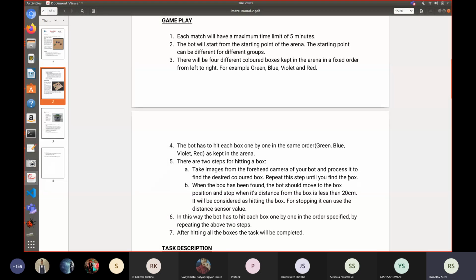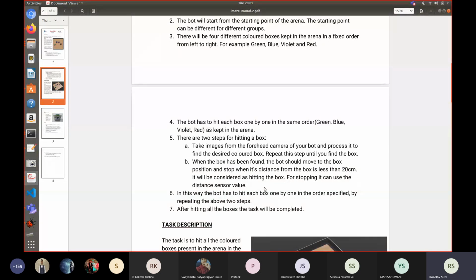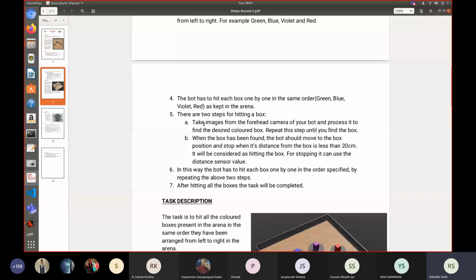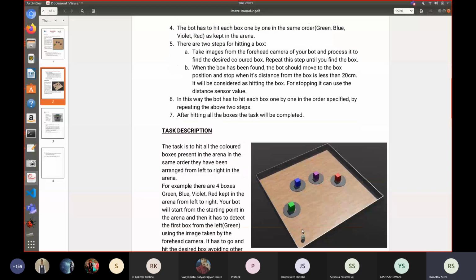If the green box is maybe hidden behind another box, you should know how to search for it. You have to hit the green block first, so if it is not right in front, or it is in the back, then you should train your robot to go in a random direction and search for that block, and once it finds that block, it should move towards it and hit it.